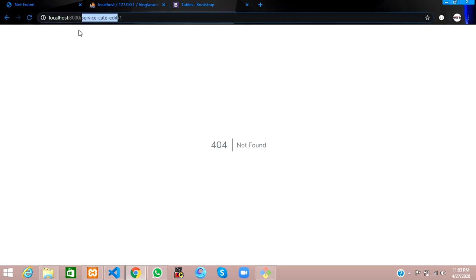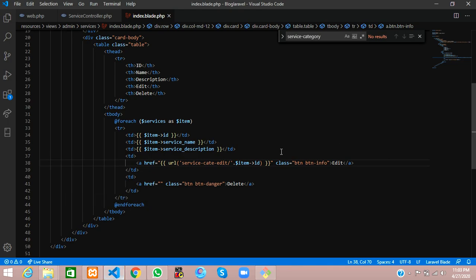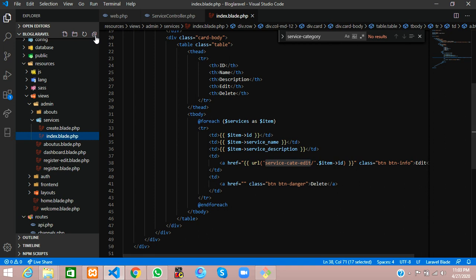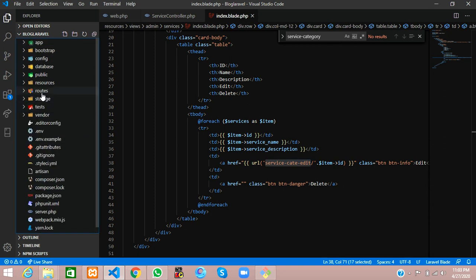So guys, now let's set a route, set the controller and create a page for it. Copy this with Ctrl+C and let's go to the routes. So where is our route? Here, routes web.php.